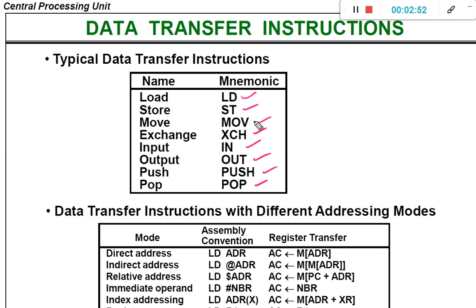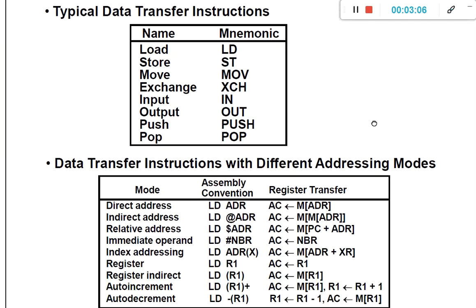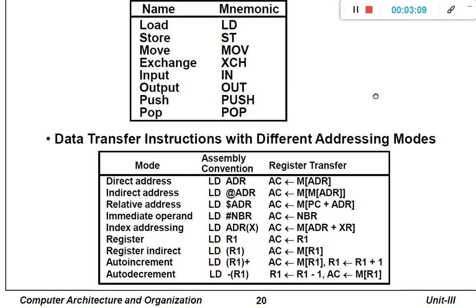However, in the previous class we discussed that there are several different types of addressing modes available. So whenever we are going to perform a particular operation, based on the given instruction format, first of all we need to determine which addressing mode we are going to use, retrieve the effective address, and then perform the particular operation. Now, the convention for implementing different addressing modes is shown in this particular table.